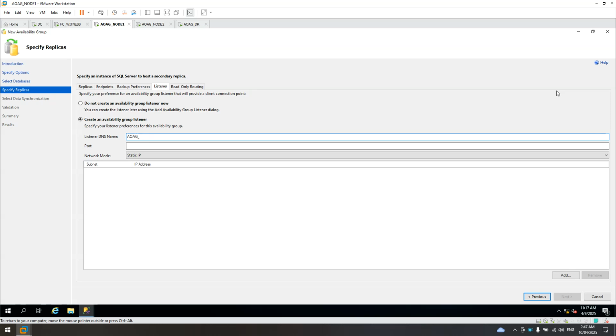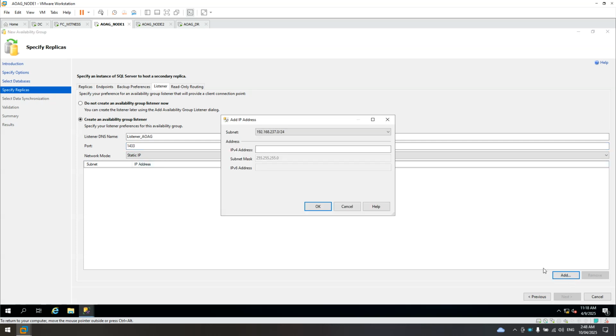It's like this. Okay, let's just name it like that, for port 1433 because this is SQL.